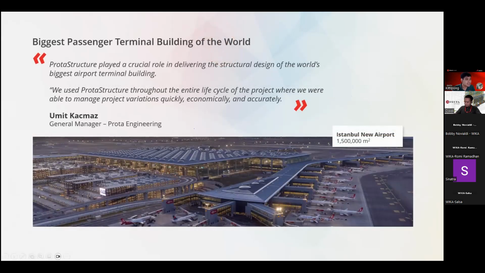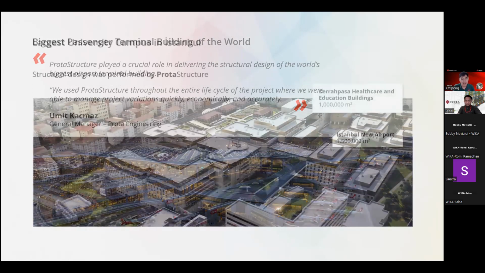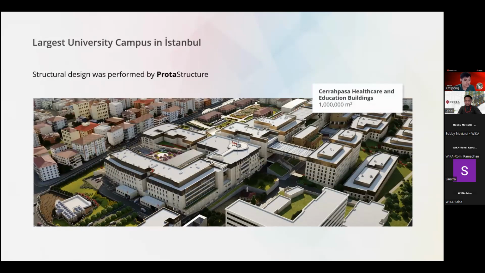Okay, this is the highlight project of Prota that made Prota well known in the whole world. This is the airport in Istanbul, Turkey, right? So they can reduce the time of delivery of the project by half, right? Normally it's 6 months, so they can deliver in 3 months, something like that, using Prota.